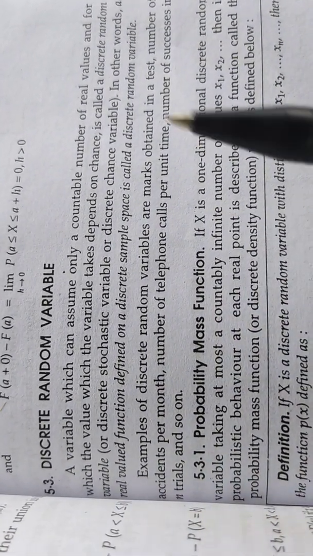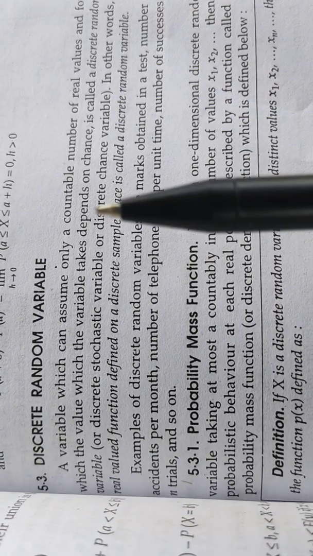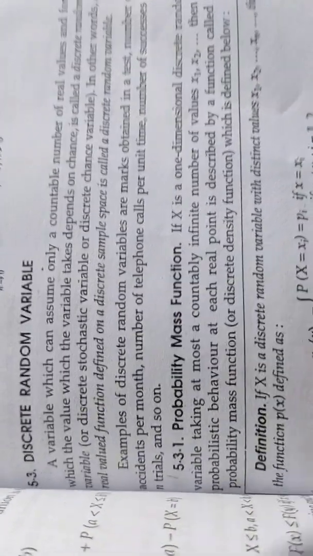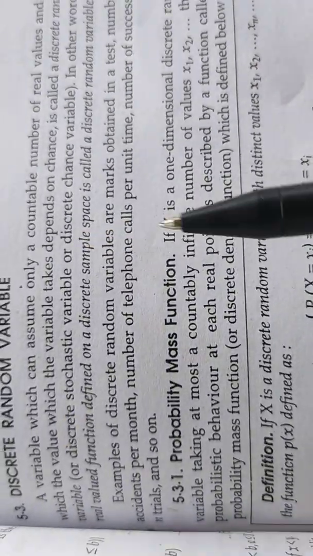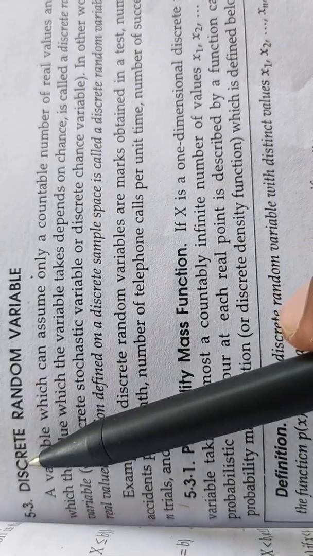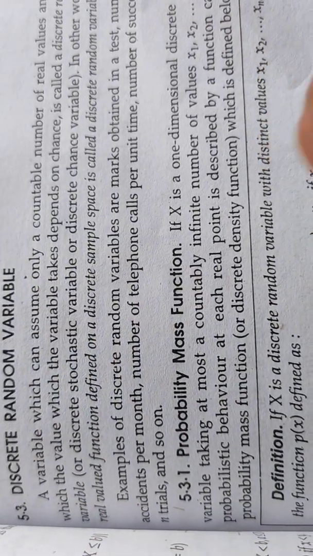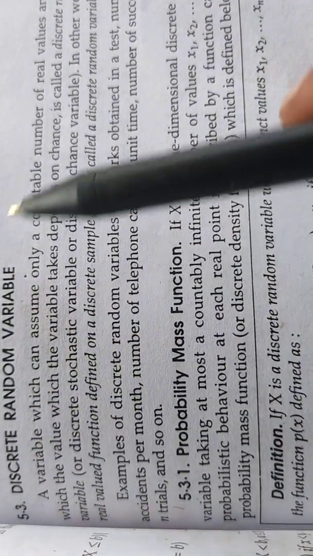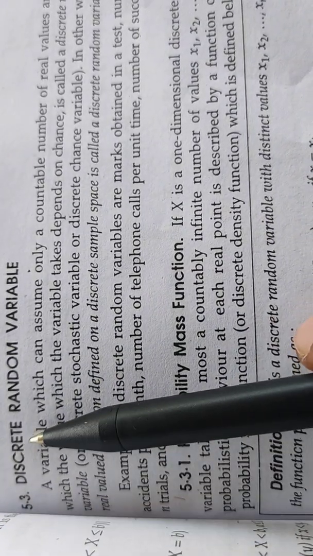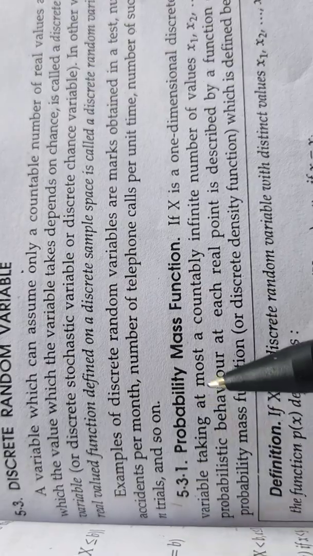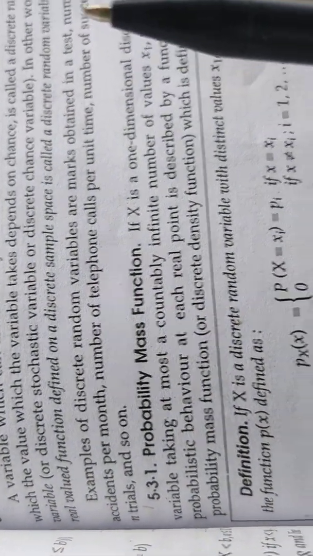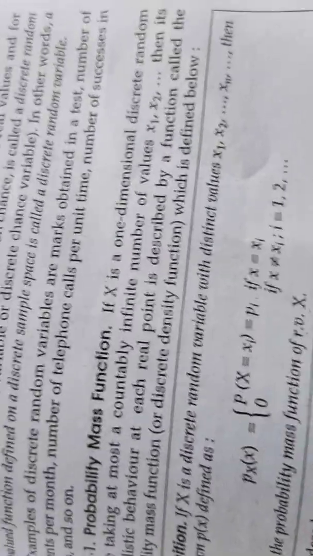So when you talk about Bernoulli, binomial, Poisson, all the distributions, examples will come, which are all discrete random variables. Probability mass function. So I already told you, the probability of a discrete random variable is always called probability mass function. Probability of a continuous random variable is always probability density function. Like that, probability mass function. What is probability mass function? How we are going to define it and denote it.